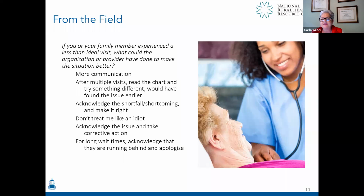The other question that I asked was, if you or your family member experienced a less than ideal visit, what could the organization or provider have done to make the situation better? Again, communication, more communication. One of my coworkers told me the story of her mother-in-law going multiple times to a provider, and every time the visit started out with that whole history again. They felt like it would have been better if they would read the chart, try something different. They may have found the issue a little bit earlier instead of the same thing over and over each time